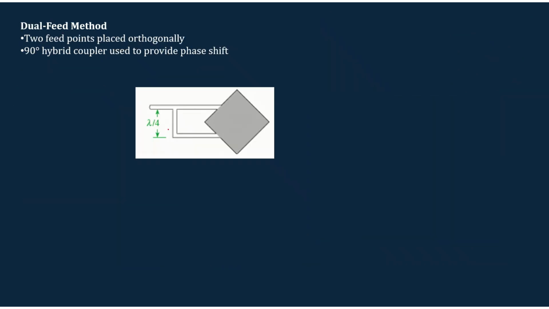Another method is because we have seen previously that if we have to obtain the circular polarization, it will be having EX and EY component, and there should be a phase difference of 90 degree. So we can obtain that by using the dual feed method. So we can feed the patch using two feed points, and the phase difference between these two feeds has